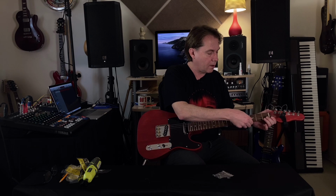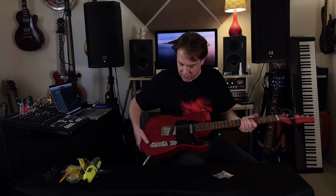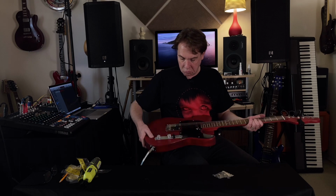Stay in that slot. I'll do string trees later, I promise, Mr. E. That's sort of a sitar quality to it. That sitar sound is because of the angle of the string. Because listen, right, when I apply pressure, like where a string tree will be,